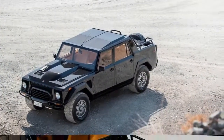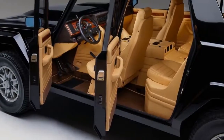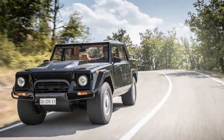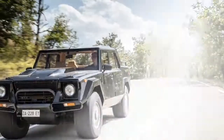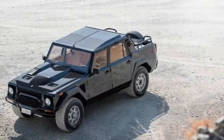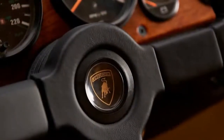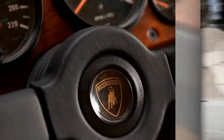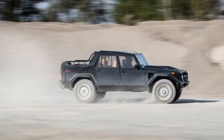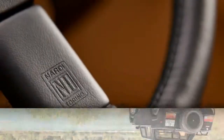The specs: engine, 5.2-liter DOHC V12, 455 HP, 368 lb-ft. Transmission, 5-speed manual, drive, rear and 4-wheel. Suspension, front, control arms, coil springs. Suspension, rear, control arms, coil springs. Brakes, front, dual caliper discs; rear, drums. Weight, 6,780 pounds. Years produced, 1986 to 1993. Number produced, 301. Original price, $126,000,